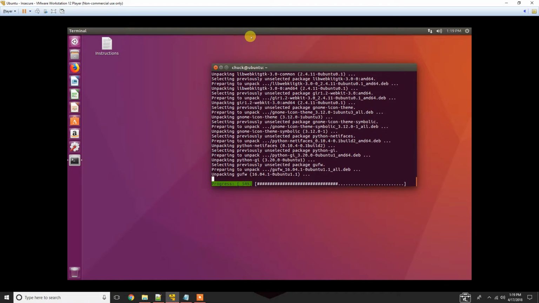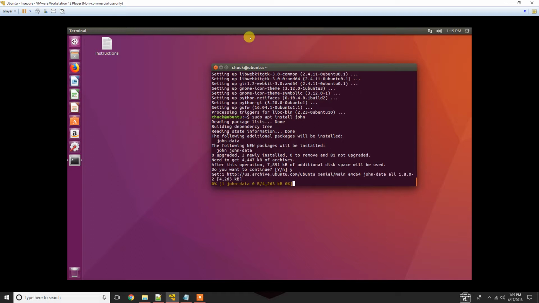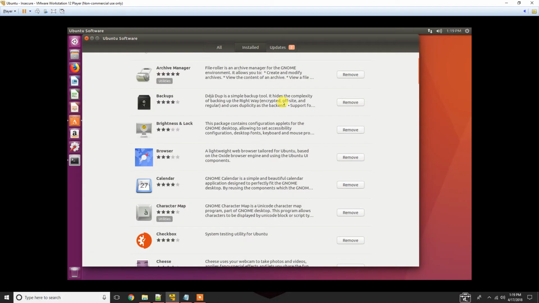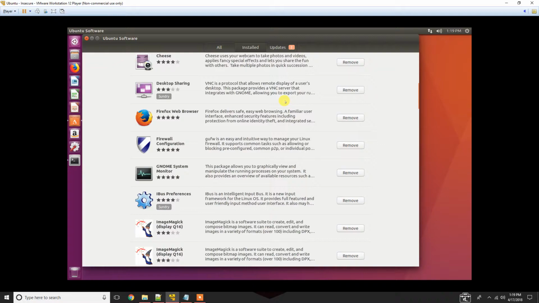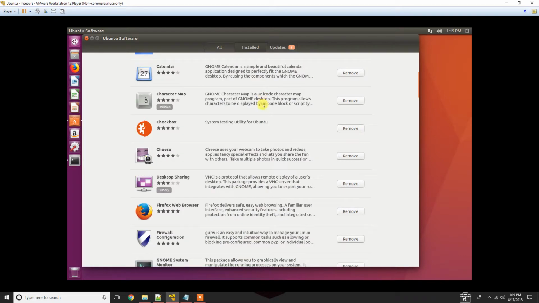Now, when it comes to programs and features in Ubuntu, it's a little complicated, and the reason is because you have some programs that never run in a graphical format. So if I install a program like John, which is John the Ripper, the password cracking program, and once this is fully installed on my system, if I go into my software library, that's not going to pop up as one of the installed programs. So this is a slight problem that you might have from time to time. There are ways to take a look at exactly what's installed on your system, and what you want to do in those situations is